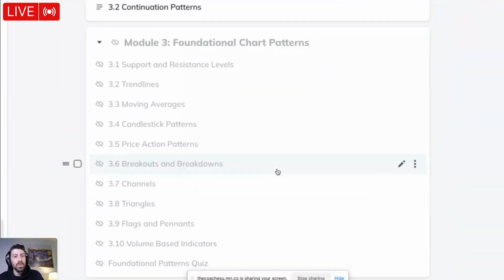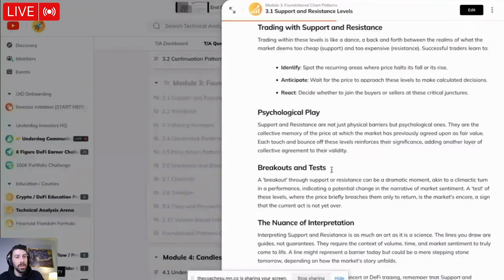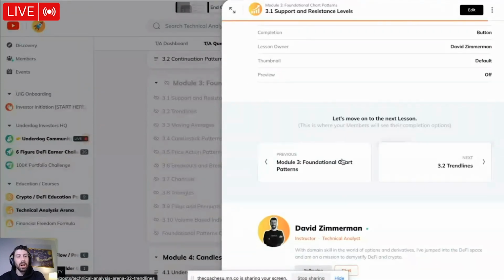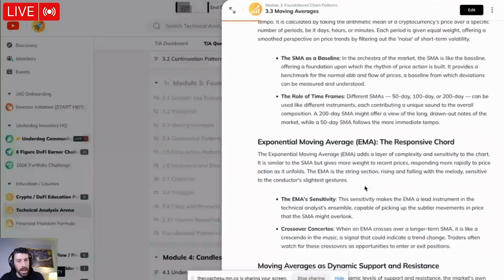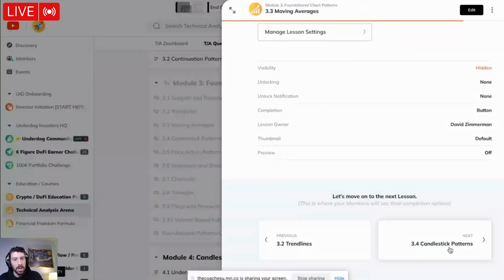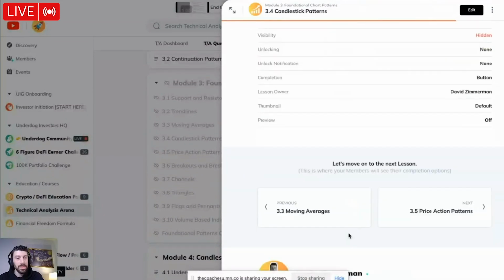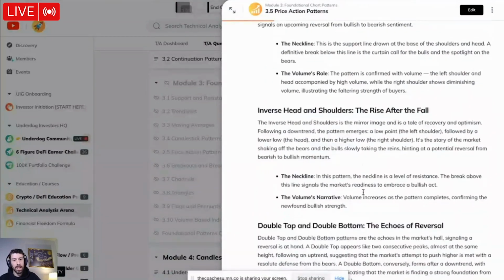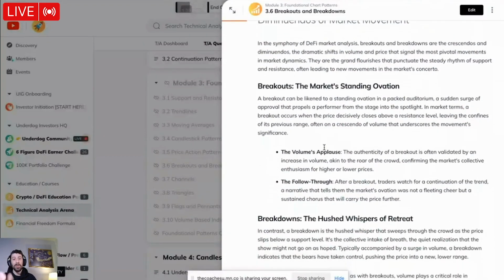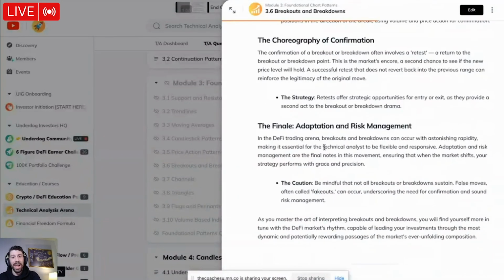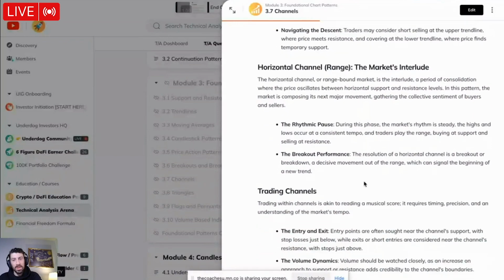So, in Module 3, we're going to talk about support and resistance levels in more detail. We're going to talk about trend lines in more detail. And then we're going to hop into a little bit more advanced analysis where we're going to talk about moving averages, different candlestick patterns, price action patterns, breakouts and breakdowns, channels, how to draw them, triangles, flags and pennants, some volume-based indicators, and then there's some really core foundational patterns that we're going to talk about. But I already wrote the quiz for Module 3, and I happen to enjoy going through new educational material